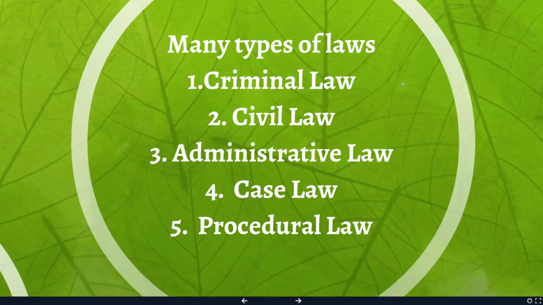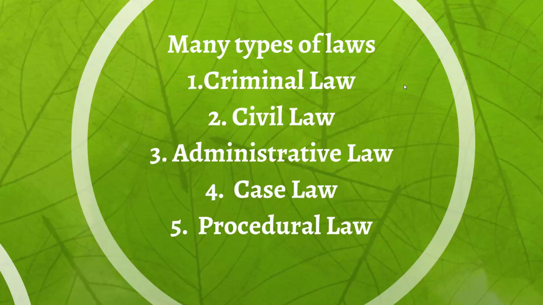In chapter 3 of your text, the chapter identifies various types of law, including criminal law, civil law, administrative law, case law, and procedural law. Chapter 3 is primarily concerned with criminal law, which is that form of the law that defines and specifies punishments for offenses of a public nature or for wrongs committed against the state or against society. We'll also talk about case law and procedural law, but criminal law will be the main focus.